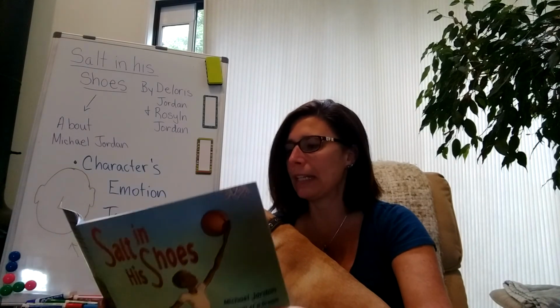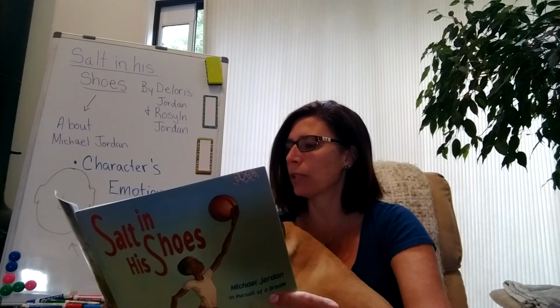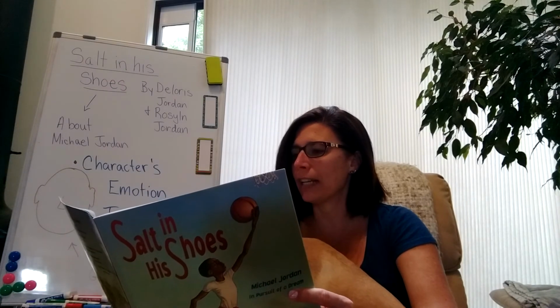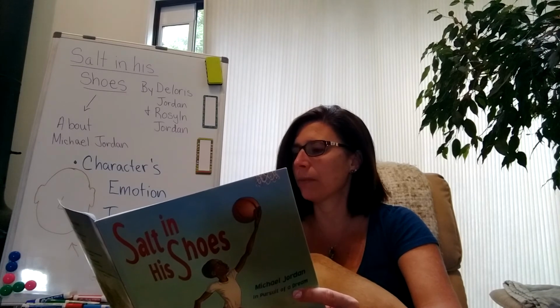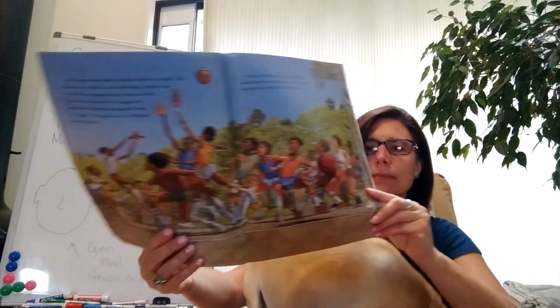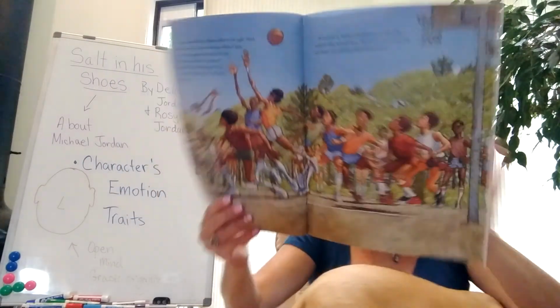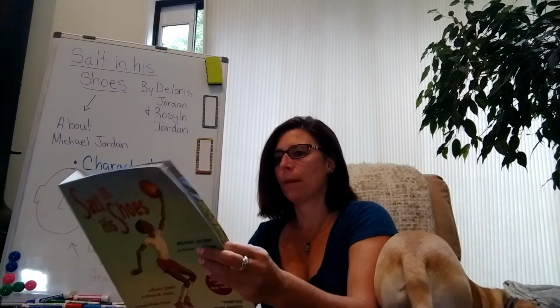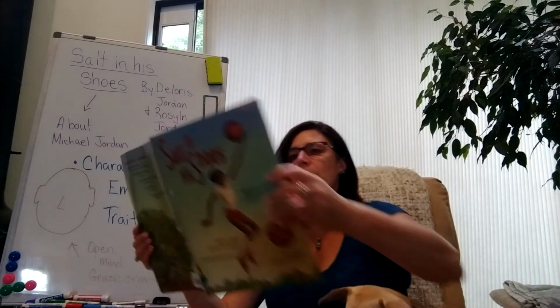Michael's team had won. It was just as Michael had dreamed. When he realized what he had done, Michael took off running and didn't stop until he had reached home. Bursting through the door, he shouted, "I did it, Daddy, I did it. I shot right over the tall guy's head and we won the game."